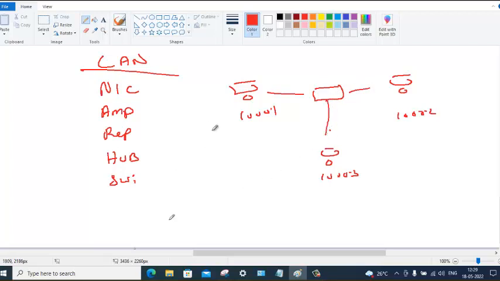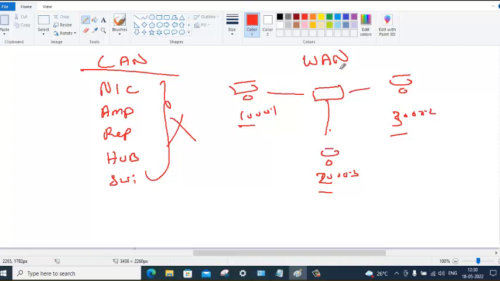When you have 20 network, 30 network, none of these devices will support it, because communication between different networks will come under WAN, not LAN. Some people will tell you LAN means network within a building.